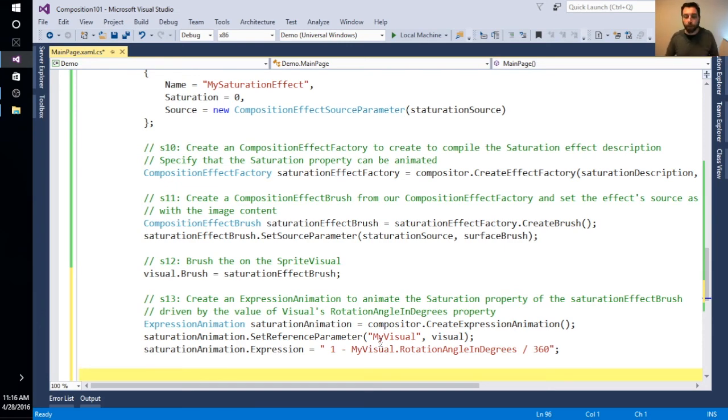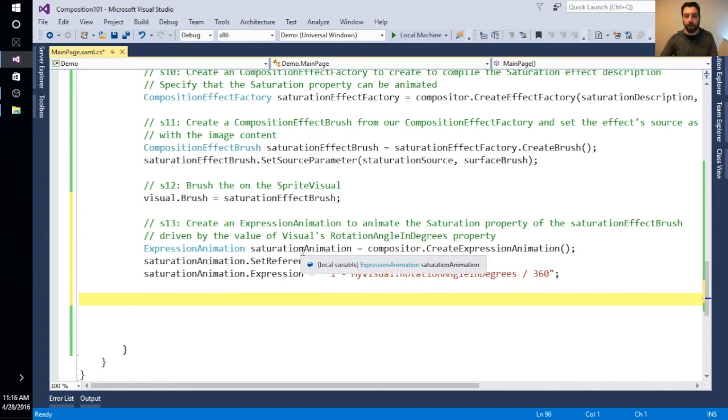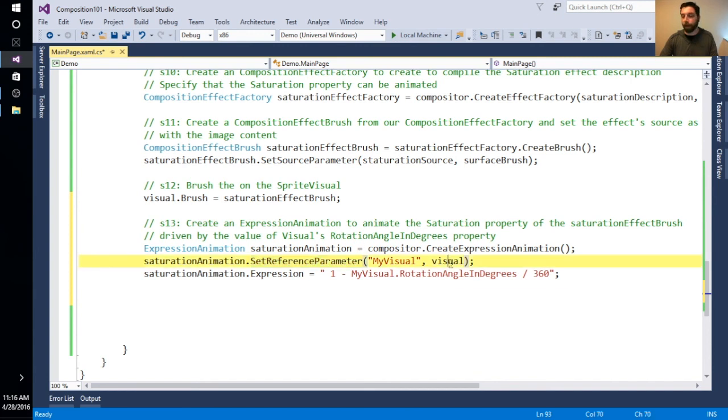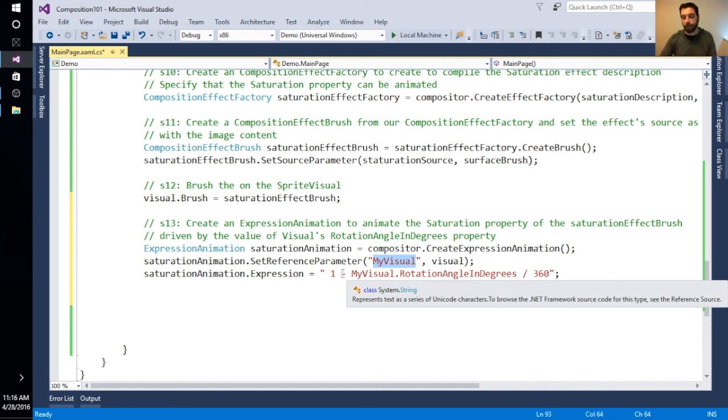But you'll notice here when I create this expression animation, I'm not specifying any duration for how long this animation should run. What I am setting is this thing called a reference parameter, and that reference parameter is the visual. It's actually that composition object, our visual, and I'm just giving it a name here so that I can refer to it in our expression. This is a very simple expression.